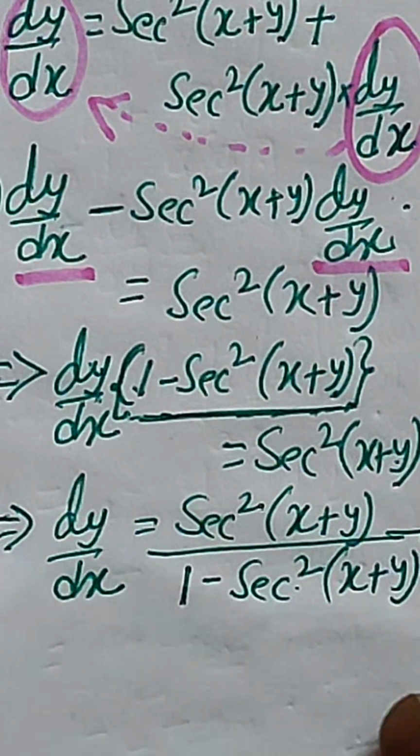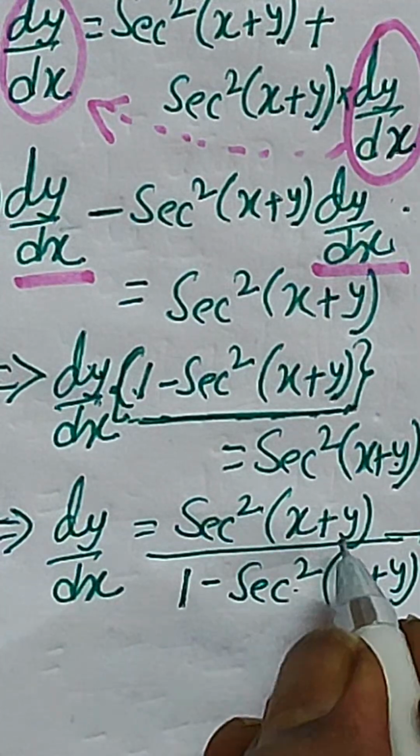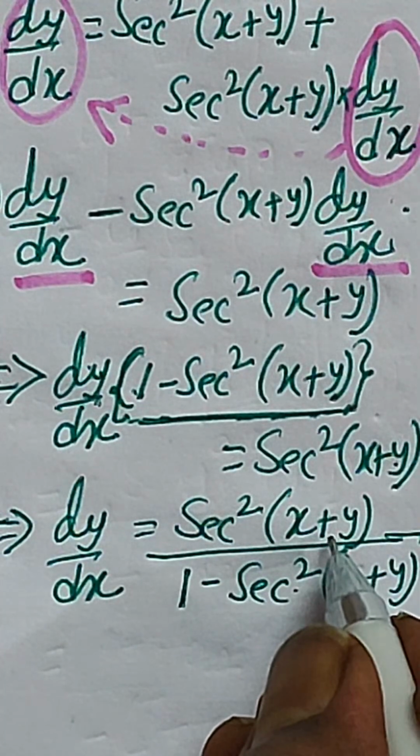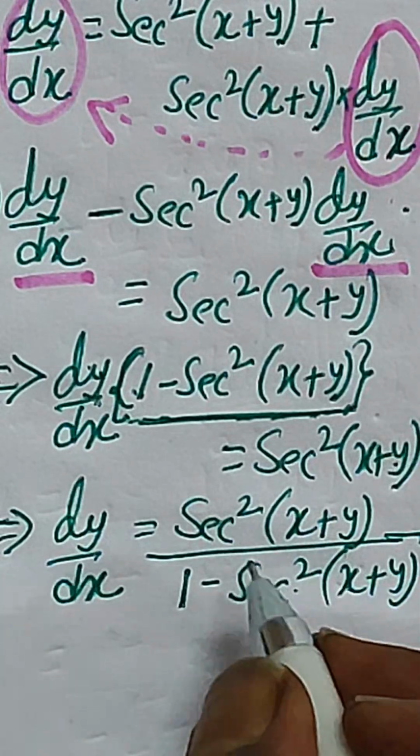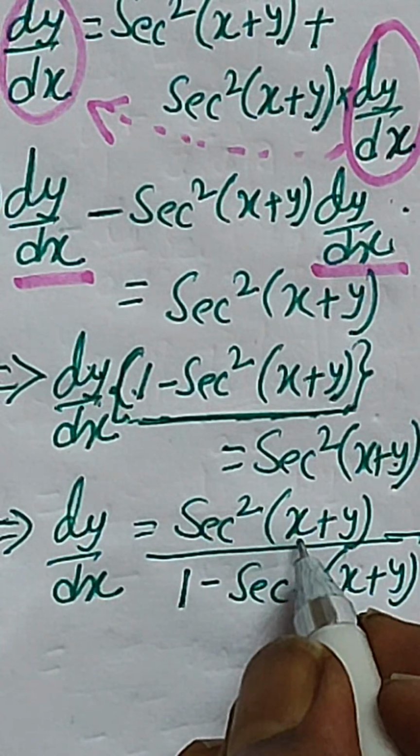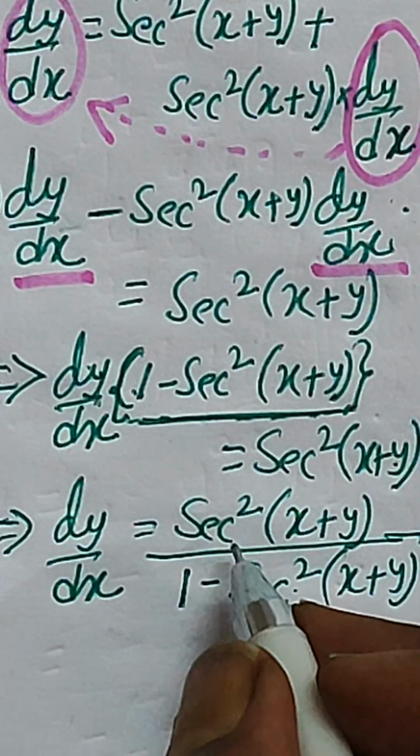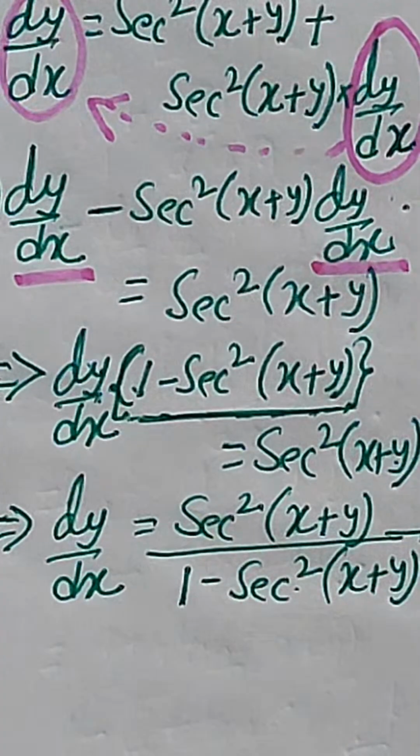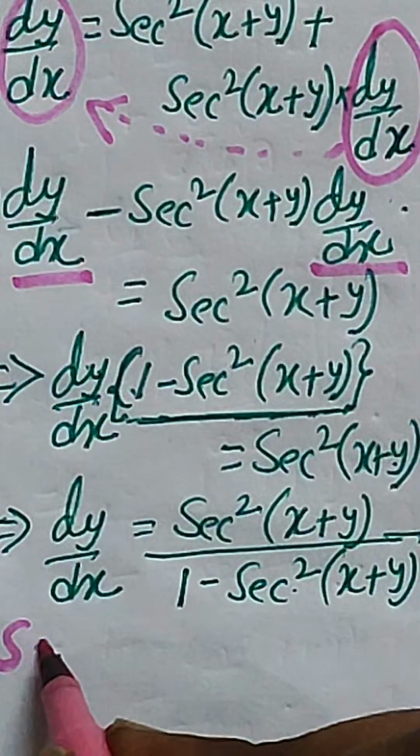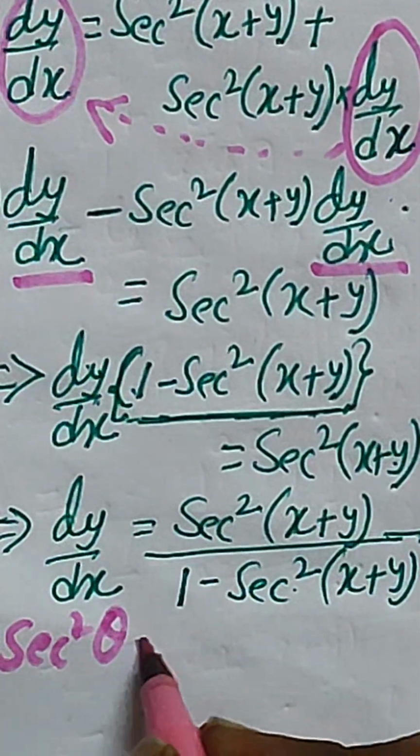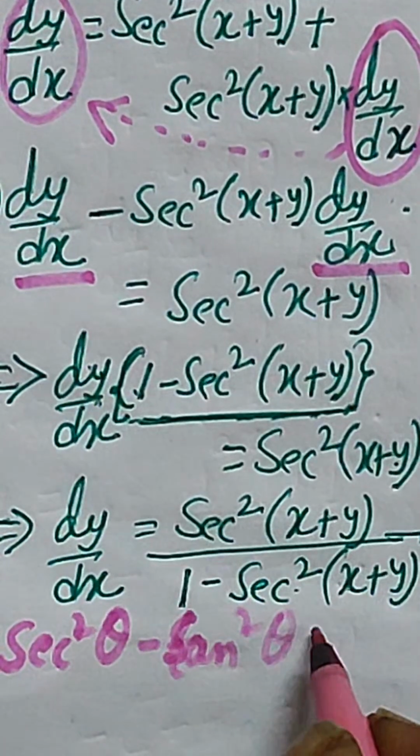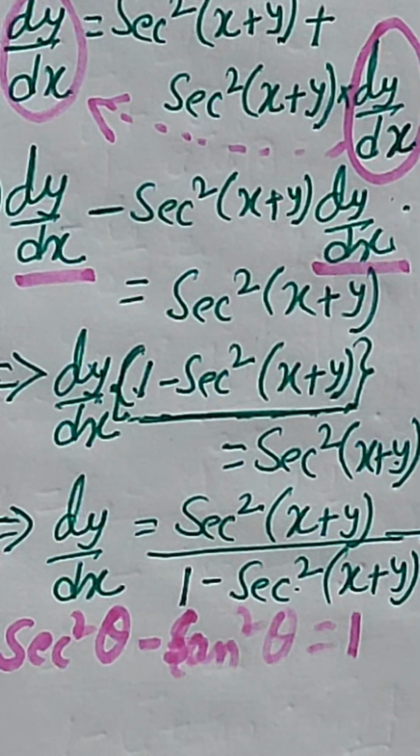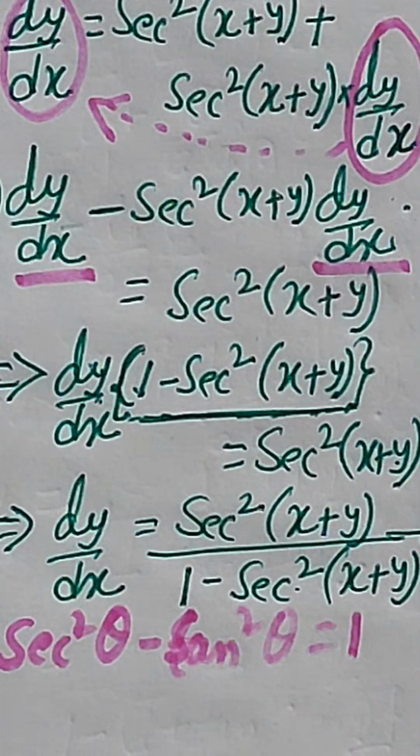Now sec square x plus y can be written in the form of tan square x plus y. How? Because sec square theta minus tan square theta is 1. Do you remember this relation? Sec square theta minus tan square theta is equal to 1, right. So here,